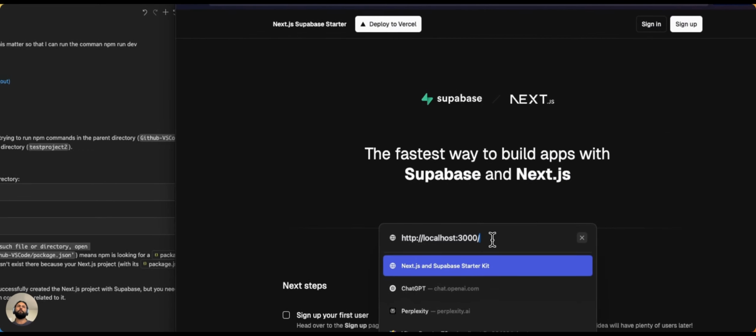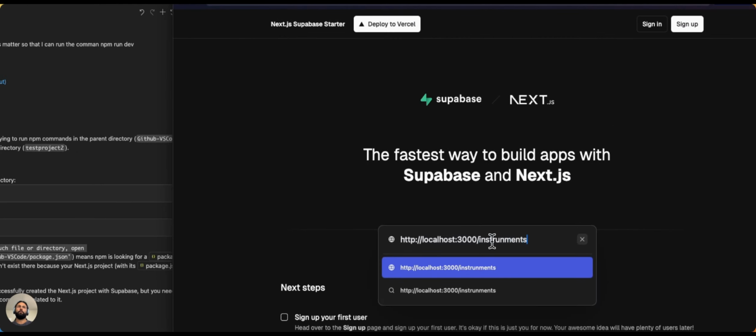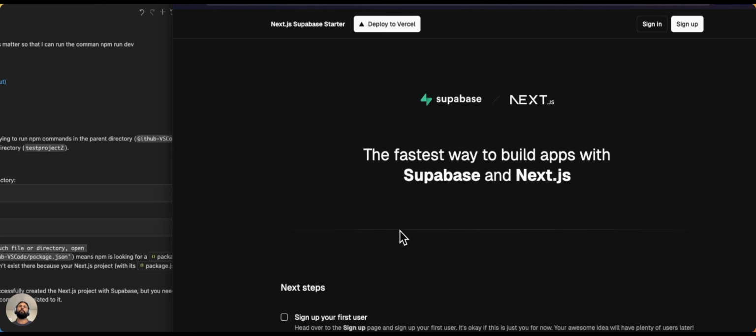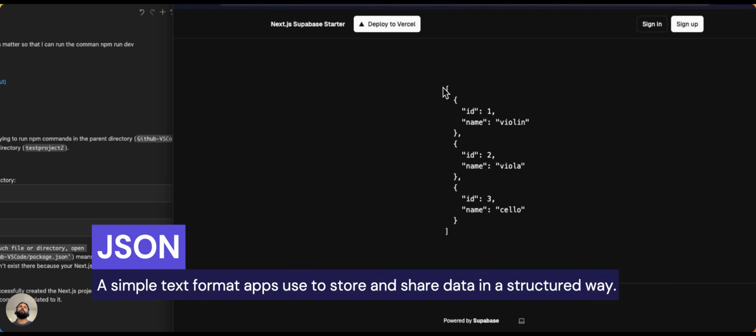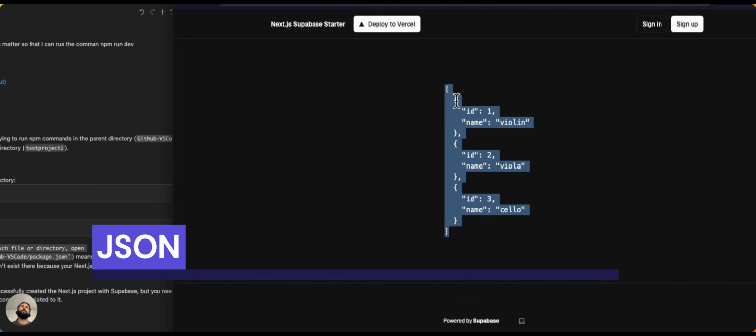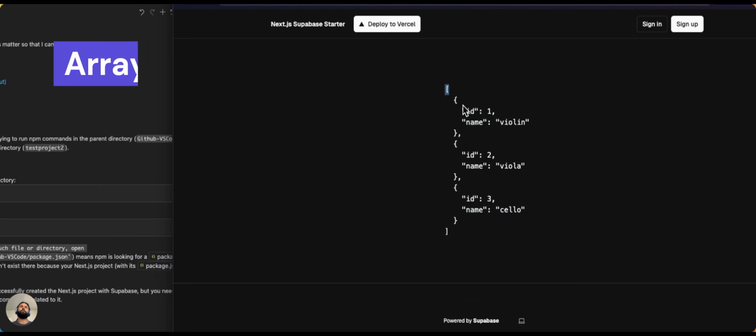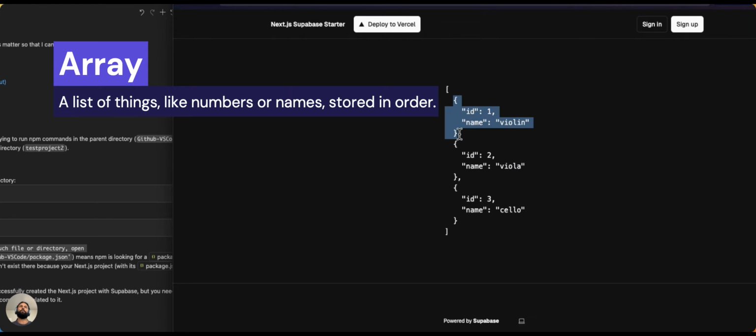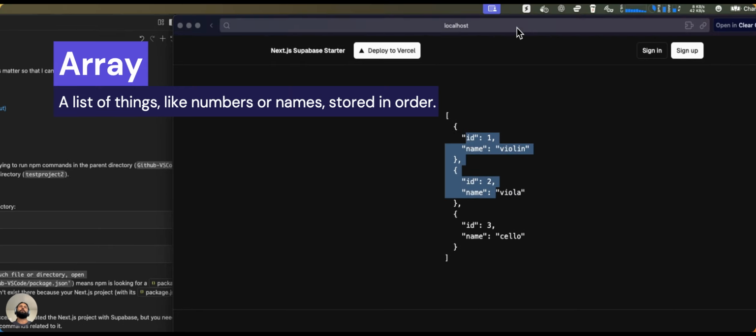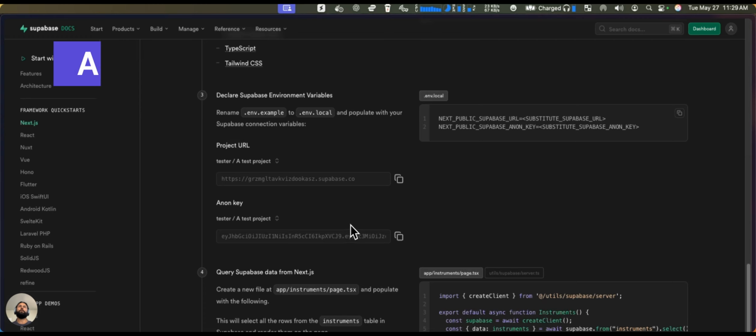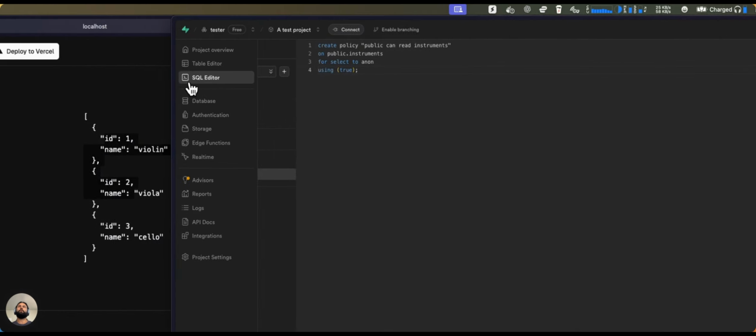So what I want to do now is access this page that I made, instruments. And so what I'm going to do is go /instruments. And there it is. So this blob of JSON right here, or this array, I should say, of JSON objects, which is just a list of objects, is exactly what existed in our table. So if I switch over and come back to our table,